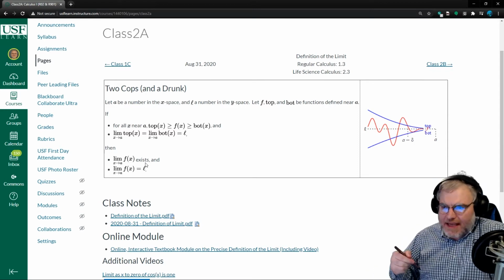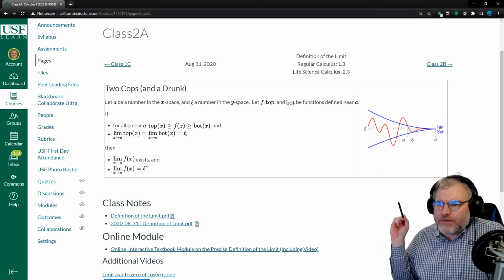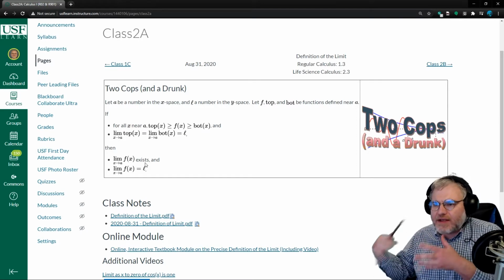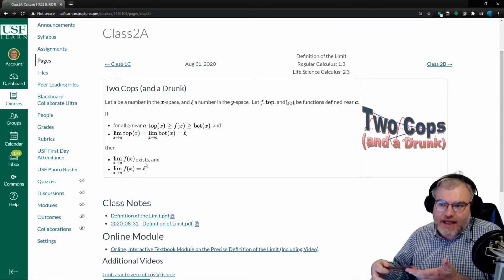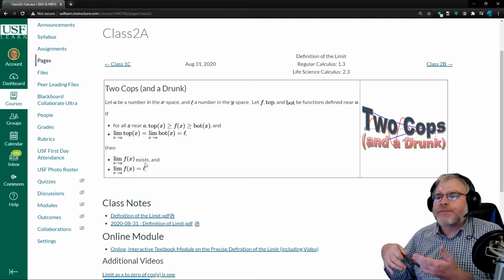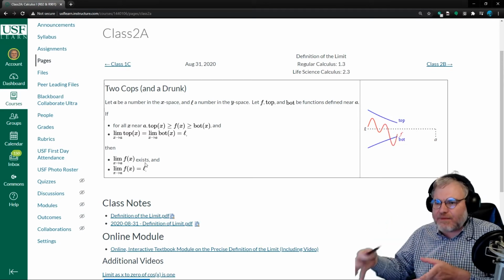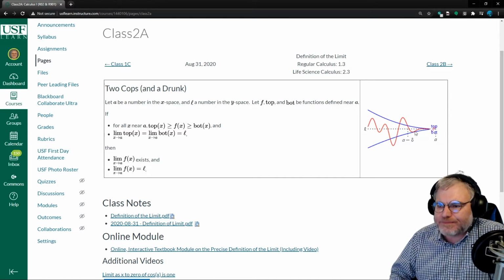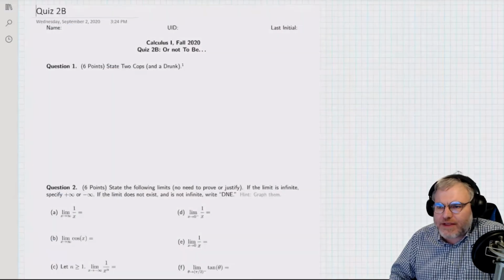The key for me, and people work differently, is that when I need to memorize a statement like this, I find it most helpful to do the picture first. I don't memorize the statement. What I usually do is memorize the structure: there were two conditions and two conclusions. Then I memorize this picture and construct the statement from the picture I've memorized. So let's use something similar to this picture.